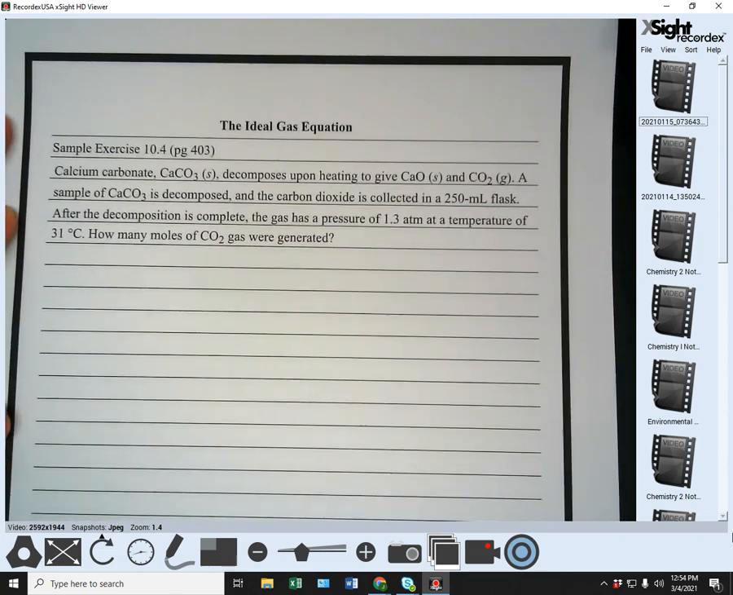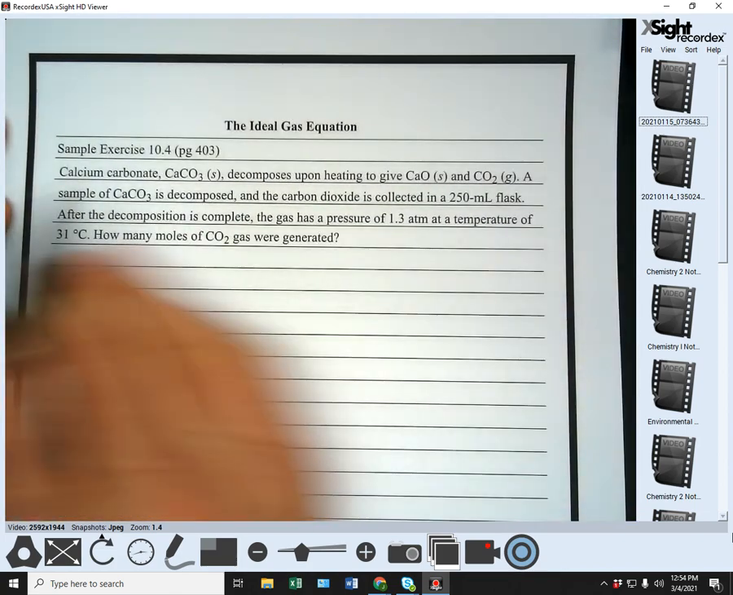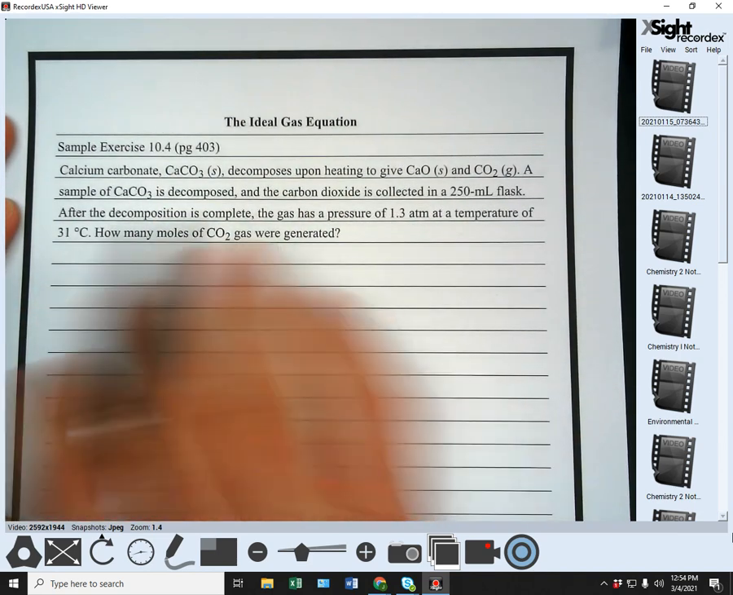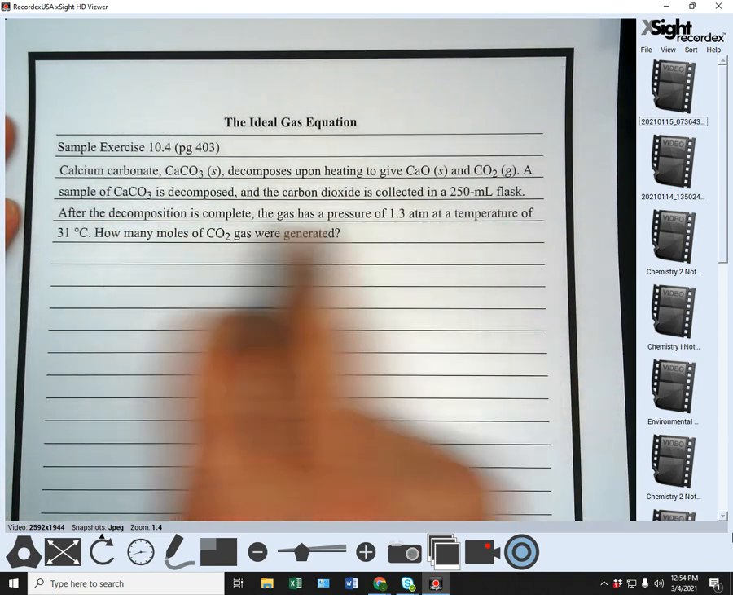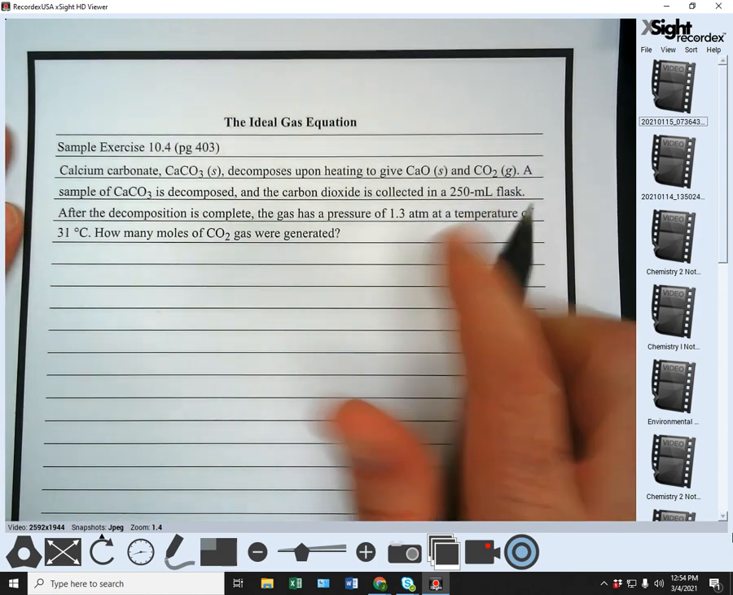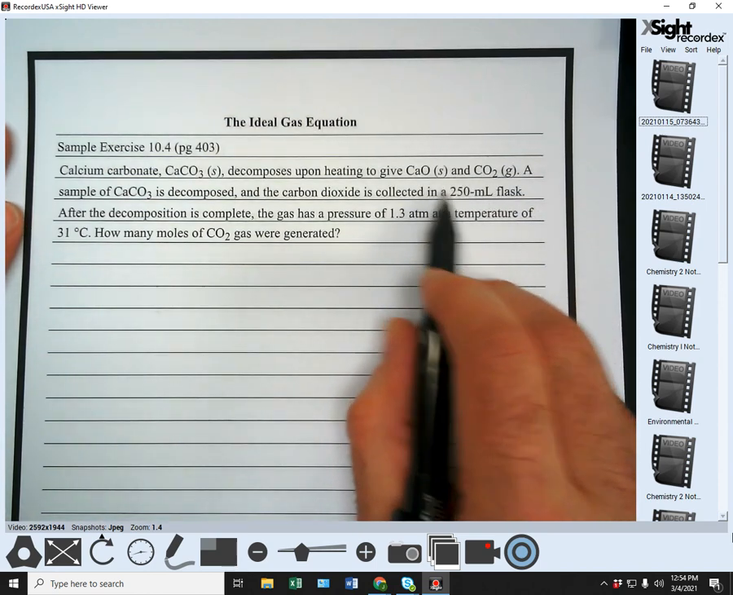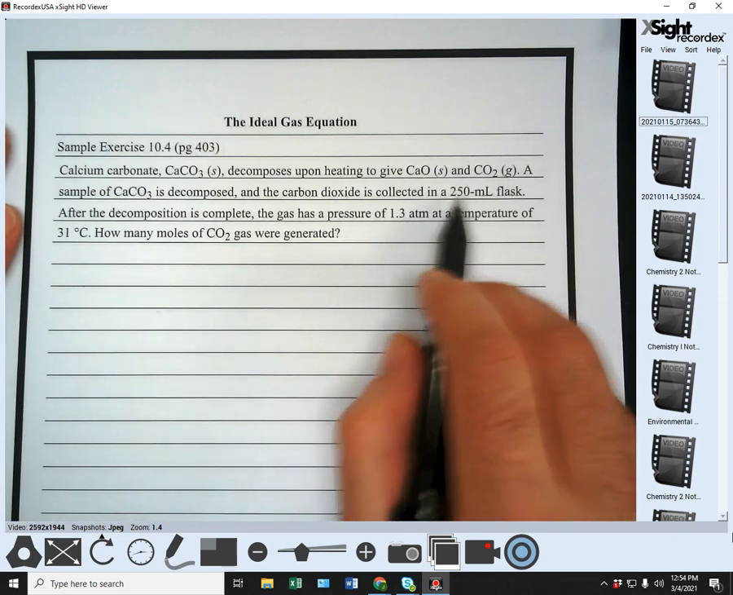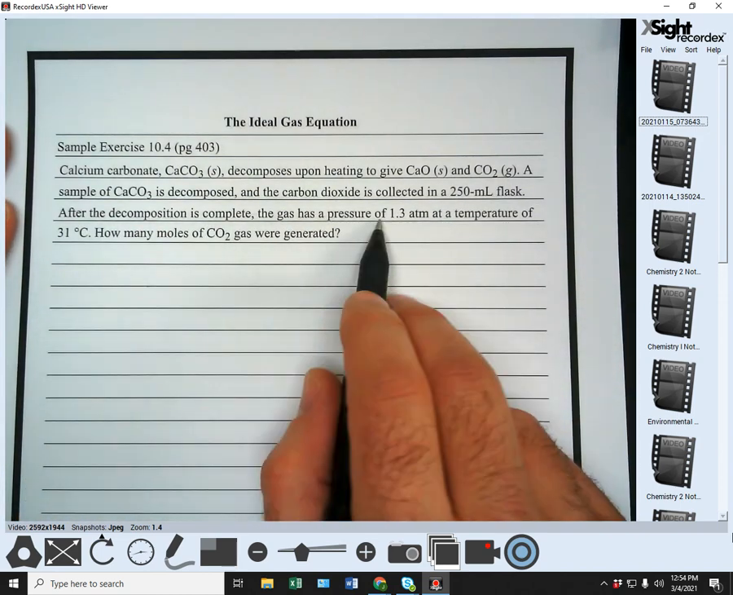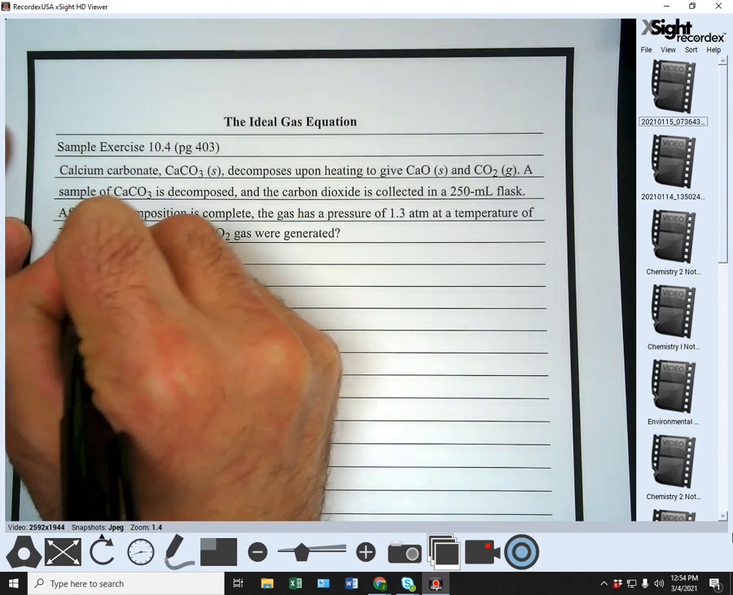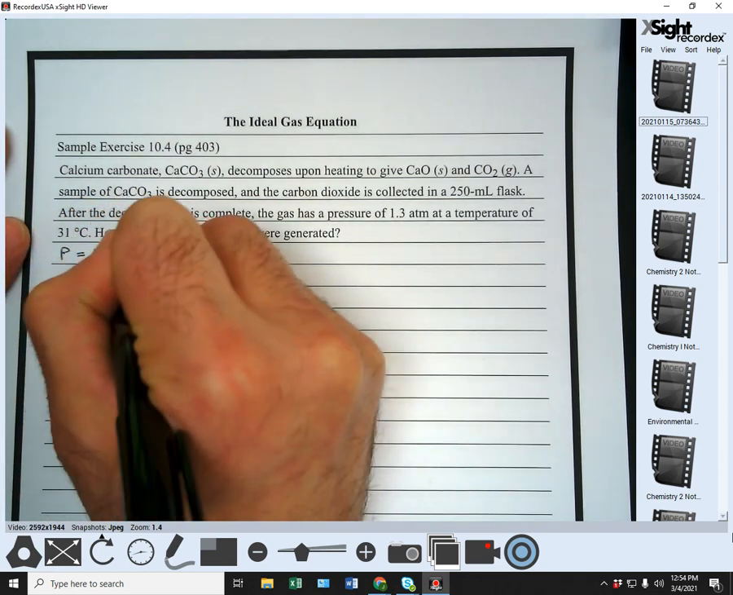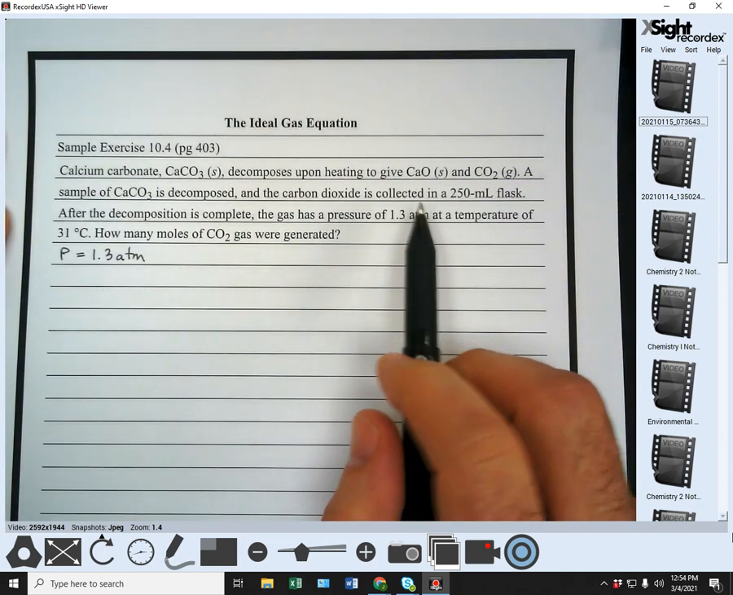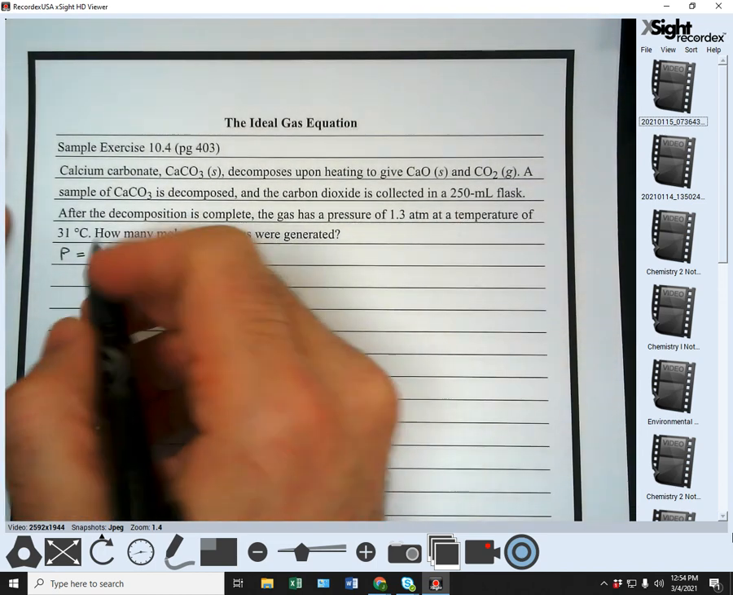So the first thing I'm going to do is identify variables here. So the 250 milliliter, this is the size of the flask. That's not the amount of anything that's in it. So that's not a measurement of an amount. The gas had a pressure of 1.3 atmospheres, right? At a temperature of, okay, so we got temperature